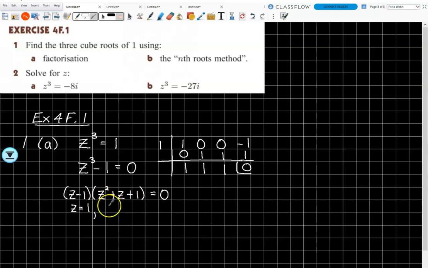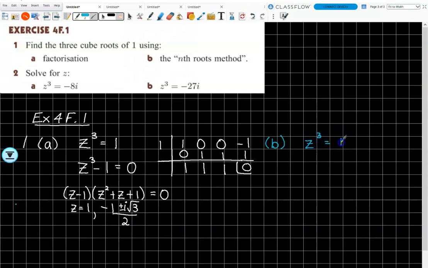And how do I get my solutions from the z squared plus z plus 1? Quad formula, or go calculator. What do you reckon it will be? Minus 1 plus or minus the square root of b squared, which is 1, minus 4 times 1, so i root 3, all over 2. Our nth root method